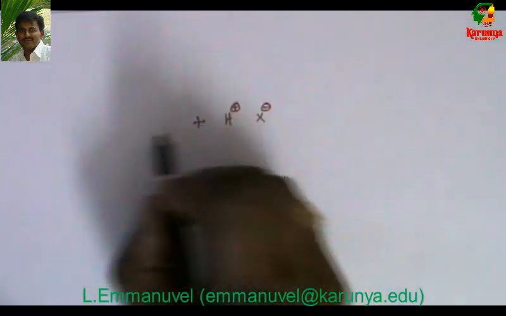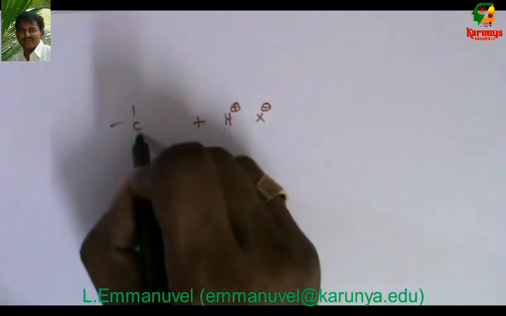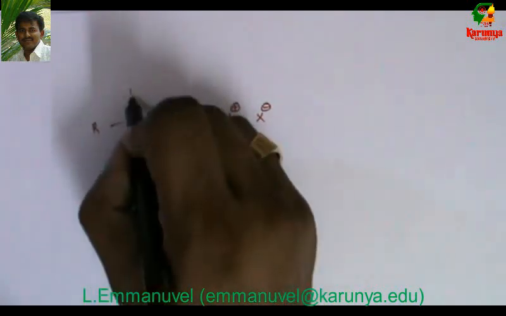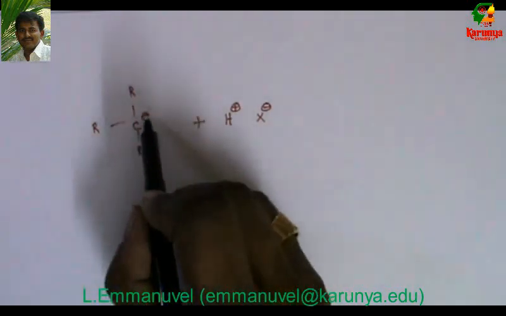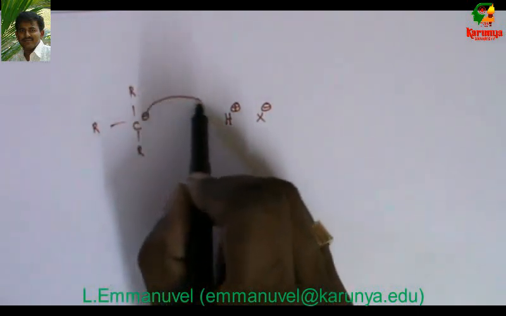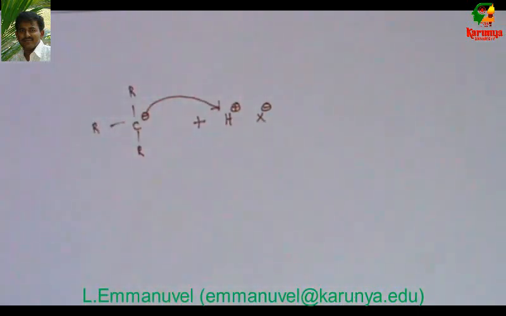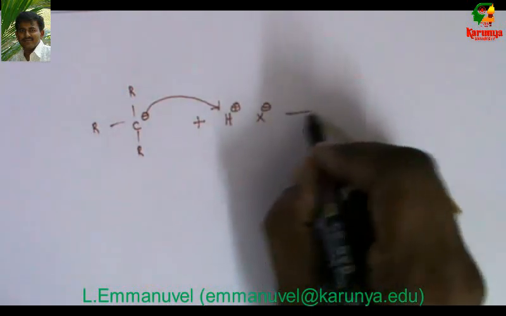To that I add a carbanion, a negatively charged species. This carbanion attacks this, and what we get is